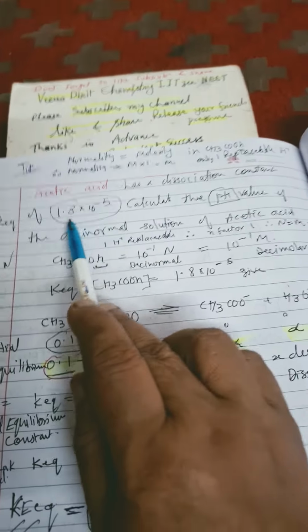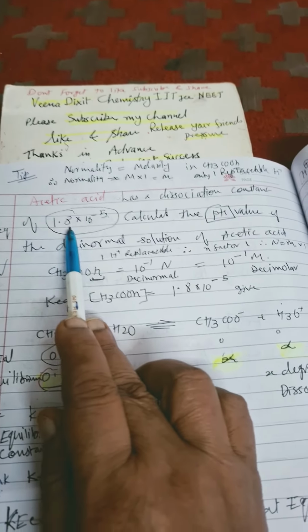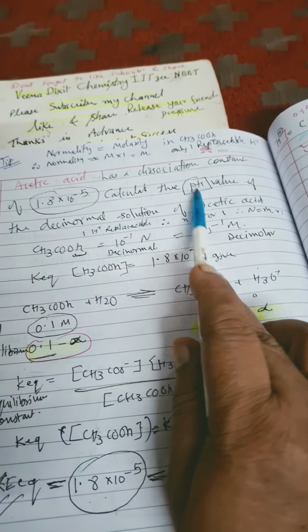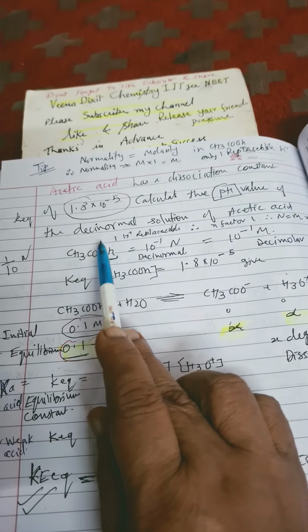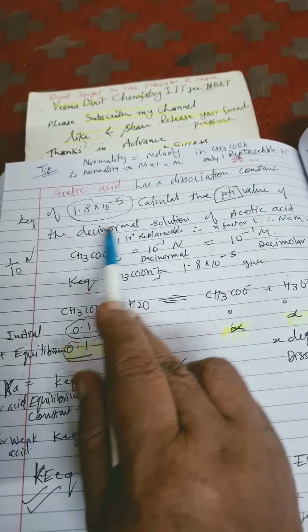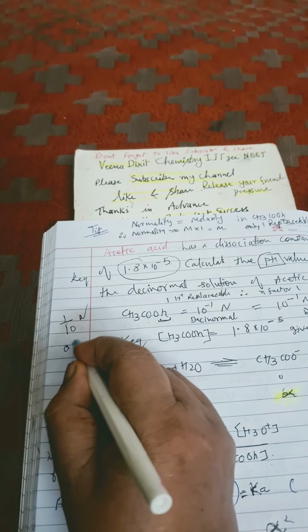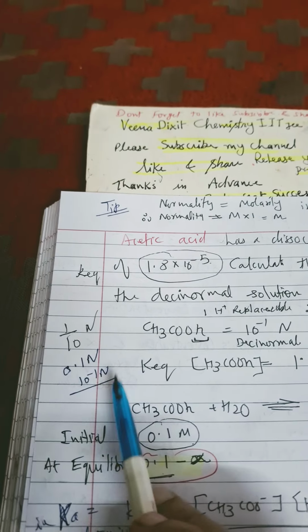Just practice, okay? Acetic acid has a dissociation constant K equilibrium is equal to 1.8 into 10 raised to power minus 5. Calculate the pH value of the Deci normal solution of acetic acid. So here Deci normal means 1 by 10 N. 1 by 10 N means 0.1 N or 10 to power minus 1 N. These are three ways we can represent it. Okay, now